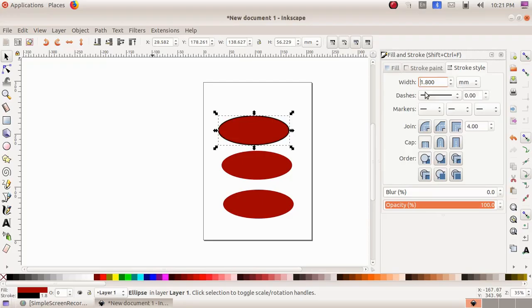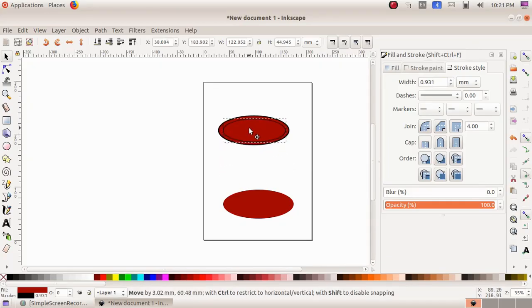Again in the same way I am increasing the thickness of this oval, the edge of the oval also, because I have to keep this oval inside the first oval. So I am increasing the thickness. Then I have to make this oval some more smaller. So I am dragging it smaller because I have to keep it inside the other oval. So I am dragging it and I am placing it inside. And I have to drag and make the edges appropriate.